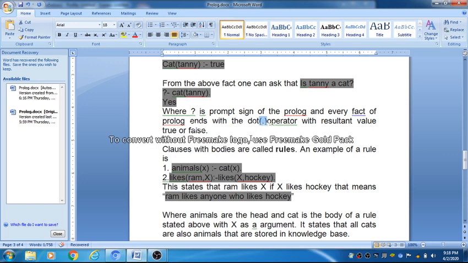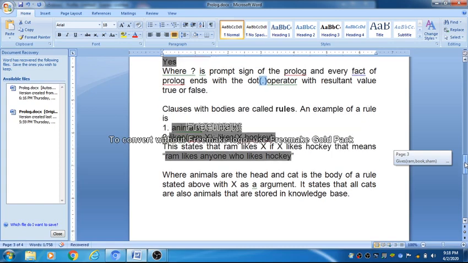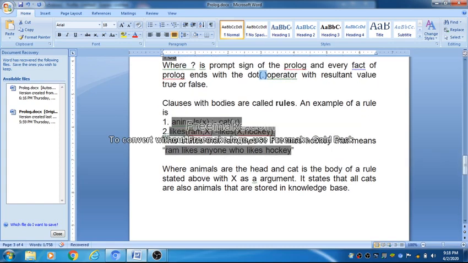Now I am going to give examples of rules, clauses with a body, which are called rules. For example, if I want to represent all cats, X is a variable that is bound with the relation cat, and all cats are also animals. This can be represented in this form with the help of this rule.